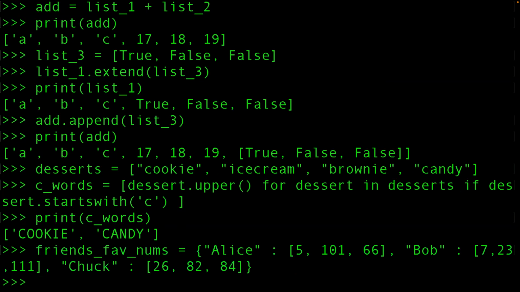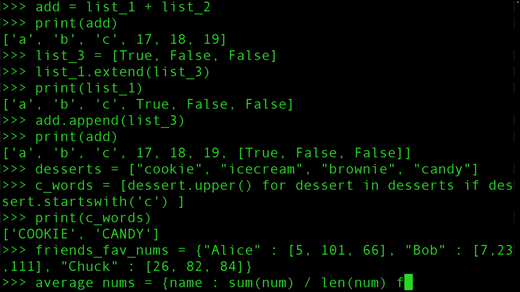So let's say I want to take the average numbers for each one of my friends. Then I can have a new dictionary called average_nums. I'm just going to write it out and then I'll explain what I'm doing. So I'm taking the sum of all of their numbers, and then I'm going to divide it by the length of that. And then for